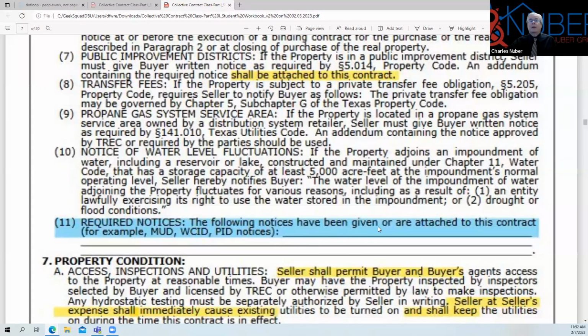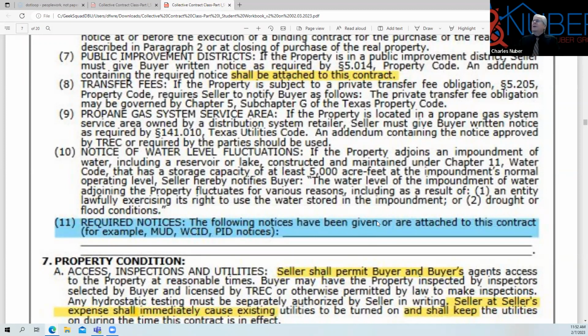So I make it a part of the contract after everybody has signed it, because it is a requirement that they sign that notification prior to or at the time of execution. Now the contract says final execution. We may run into that while we're doing this contract class. We may not, because it's not a blank. But final execution, they used to teach